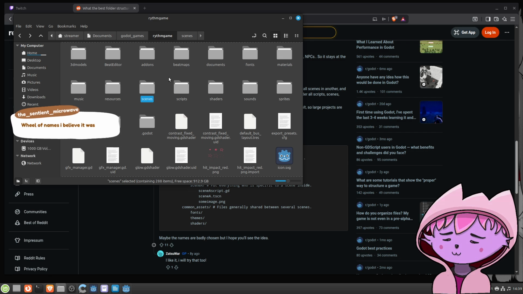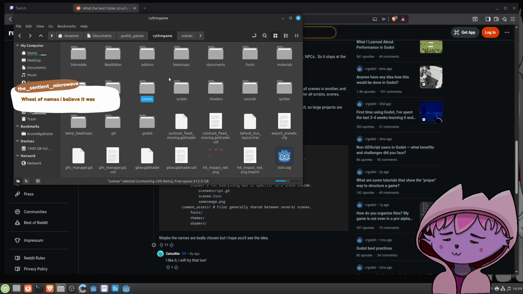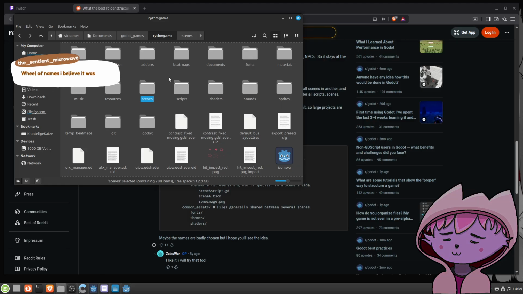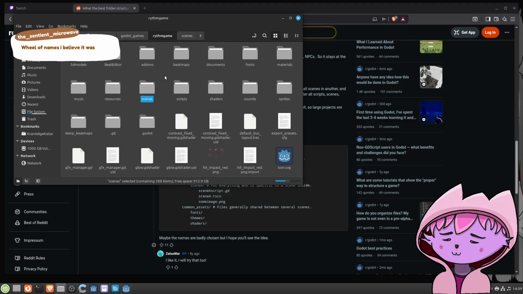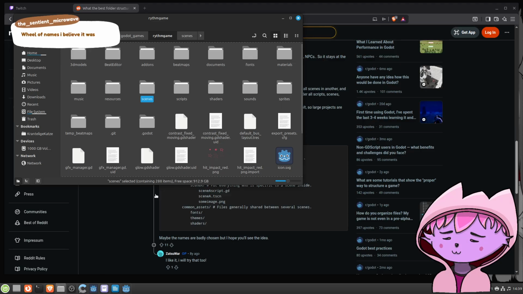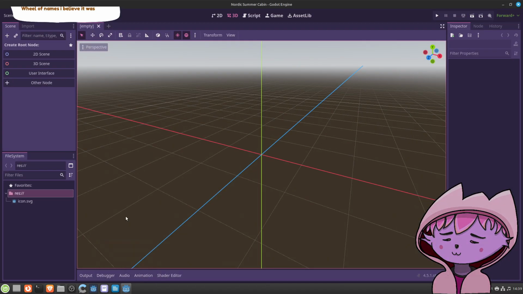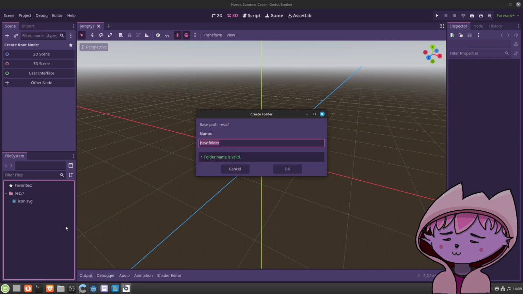Mm-hmm. Godot says the most common approach is to group assets as close to the scenes as possible. When a project grows, it makes it more maintainable. Exactly. So we could take one step closer to that by making new folders here. We could have one folder called player.